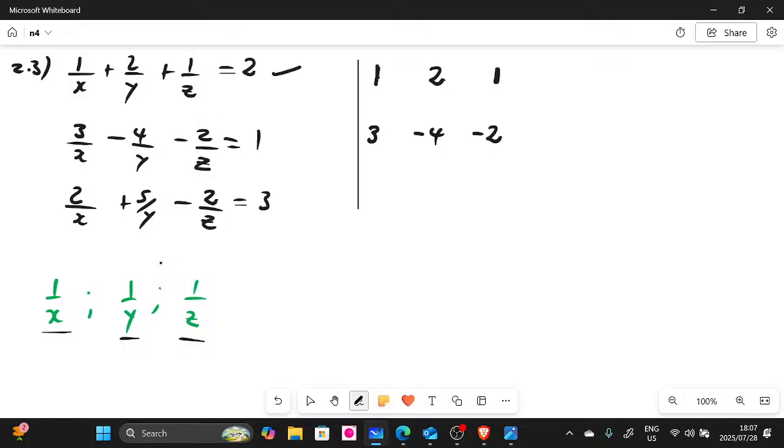And then let's look at the last row, guys. Let's look at the last row. The last row, what do we have there? We have the coefficient of